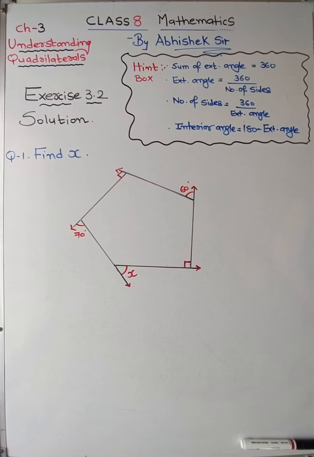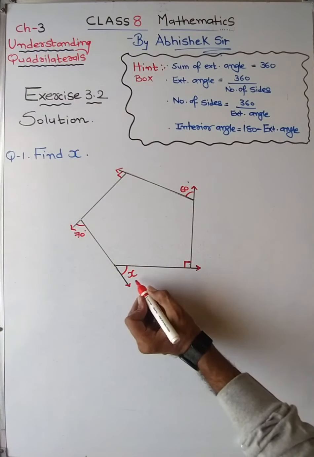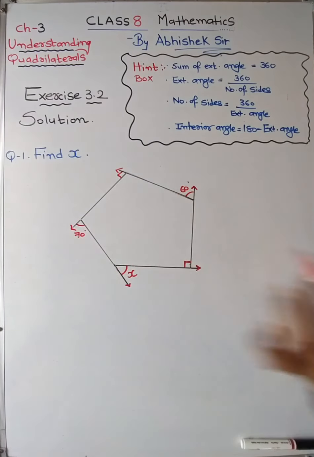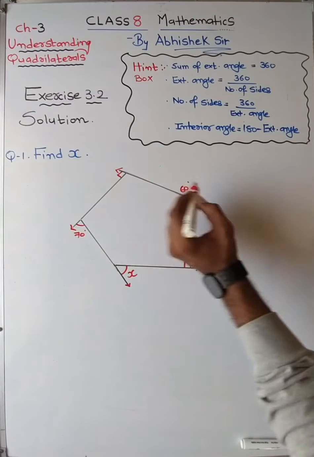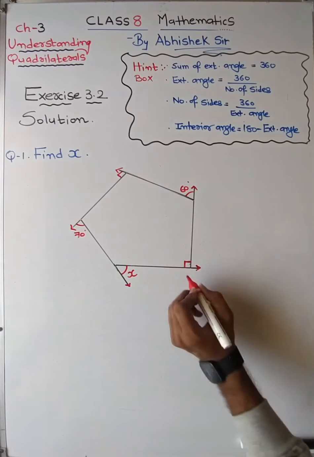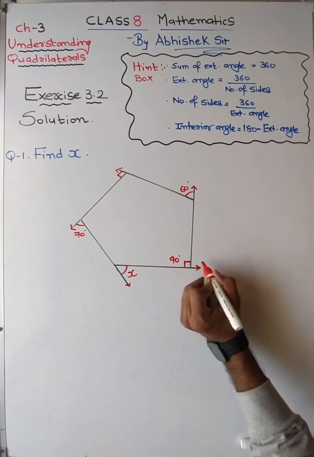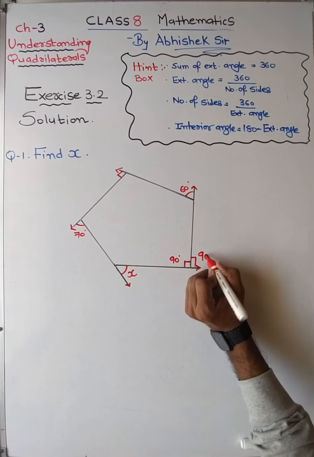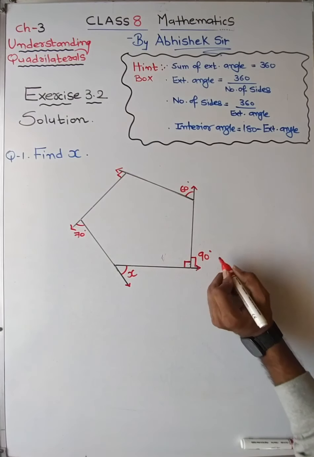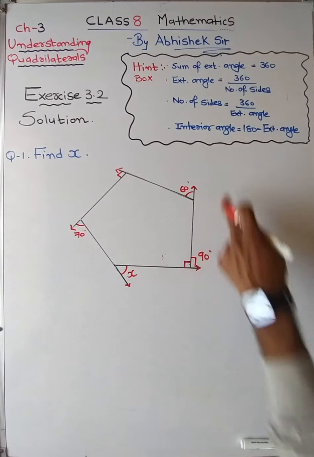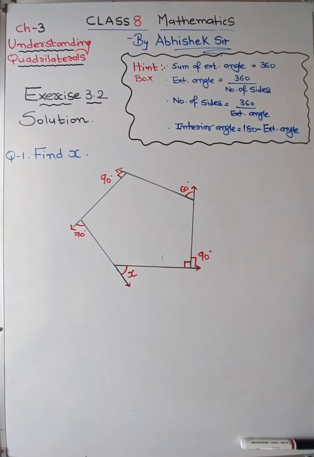Okay, so the next question is a pentagon in which there are 1, 2, 3, 4, 5 angles given. Note that all of them are not exterior, this one is an interior angle, right? So here we have to apply our common sense. If this interior is 90, what will be this exterior angle? It will also be 90. So this we don't have to count, we have to count this one. So 1, 2, 3, 4, 5, this angle is not given. Again applying our common sense, it will be 90 degrees.